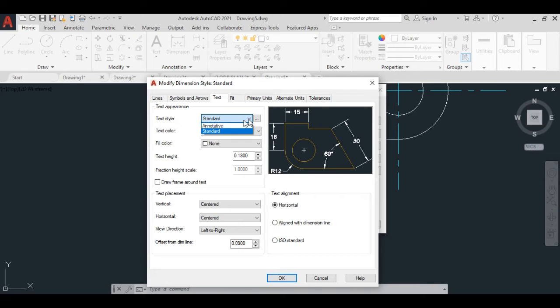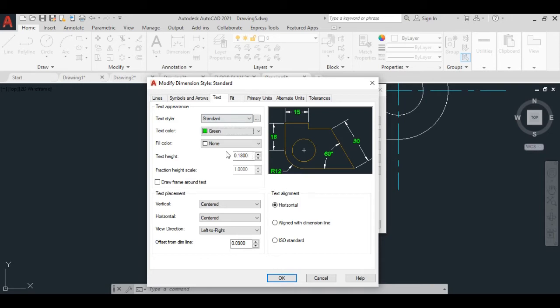Go here to the drop down menu, click. You can pick any text style, but I do not do so. Now you can change the text color also. If you click here, you can see the options, so set whichever is suitable for you. I'll just provide red color, or the green, anyone. So I just pick green color. Here you can see the changes.